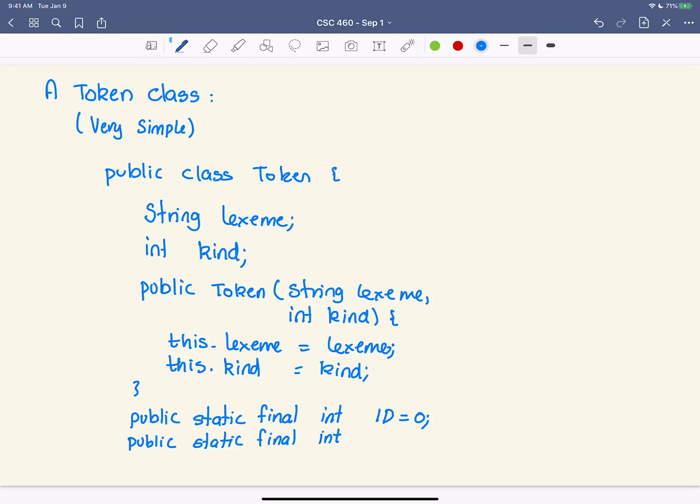So public static final int. We probably need an integer literal, and so on and so forth. So basically, we need one for each token type here, and that's not a bad